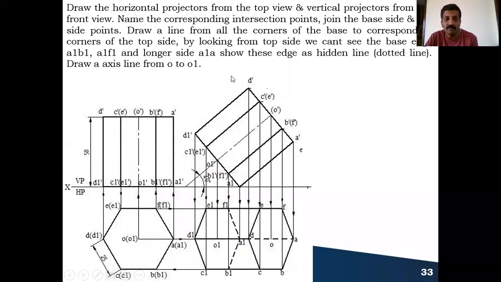Now coming to the bottom base. So you are looking from here, D1 to C1, D1 to E1 you can see, and it becomes outermost boundary line. E1 to F1 and C1 to B1, it becomes outermost boundary line you can see. So what about F1 to A1 and B1 to A1? Can you see this? So you cannot see. So these two are hidden.